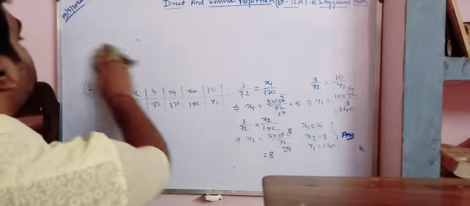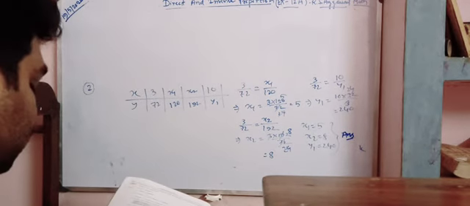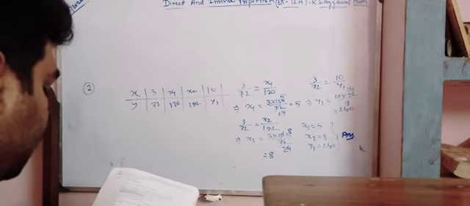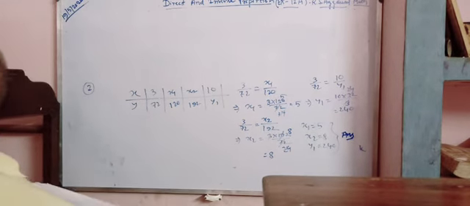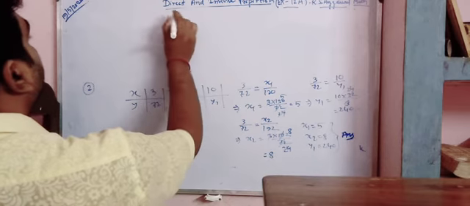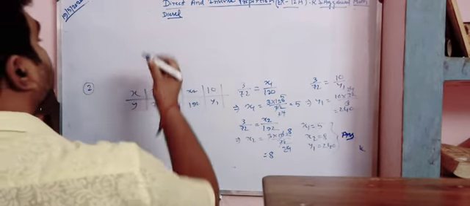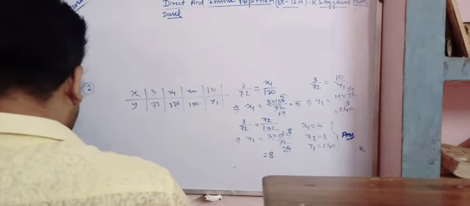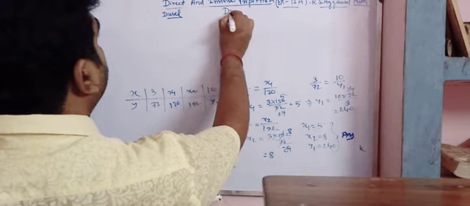Question number 3 of R.S. Agarwal. A truck covers the distance 510 km at 34 liter diesel. How much distance will it cover at 20 liter diesel? So for that we have to make one column, that is diesel, and distance.